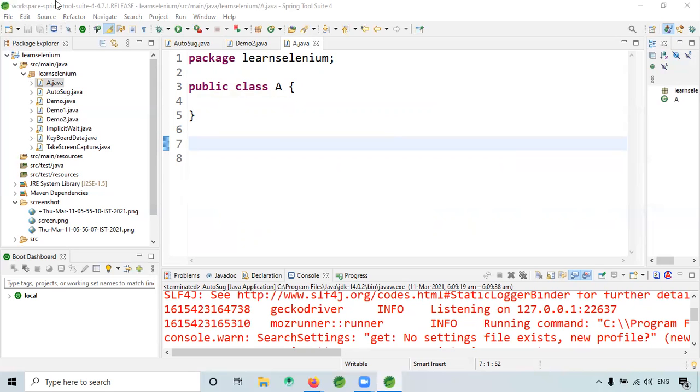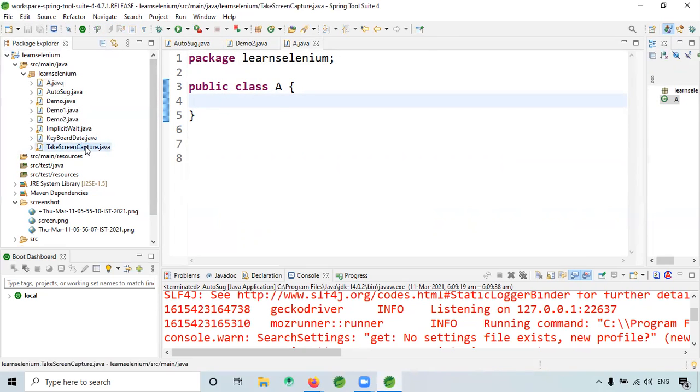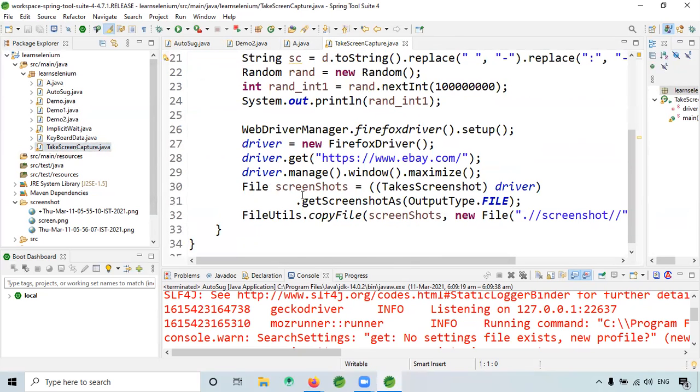Okay, so we'll be working on files in Java. This is about normal general files. Today, if you observe, here we used something called File.